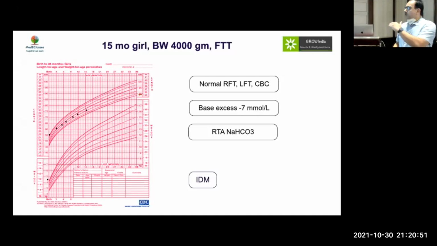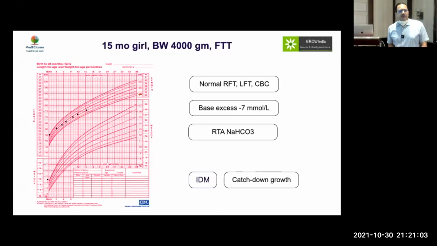And this downward growth, which is happening here, does not mean that she is actually losing height or failing to thrive. This is clearly more like catch-down growth, which Dr. Anurag has said. And therefore, if we had carefully evaluated, we would not have unnecessarily investigated this case. So this is one case in which we diagnosed a pathology when there was no pathology present. When we followed this child, she had a normal growth.